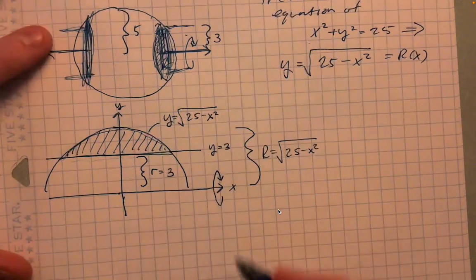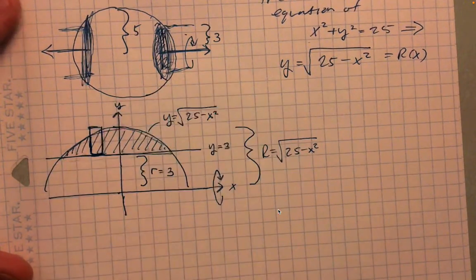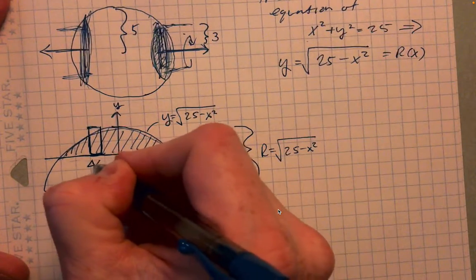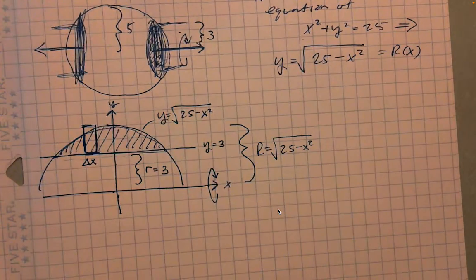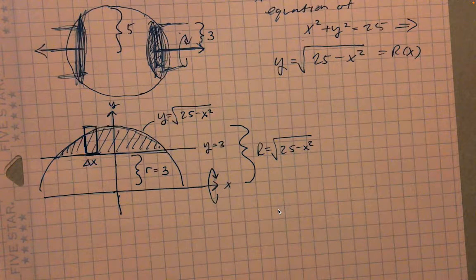Our representative rectangles are going to be set up like this, right? So you'll have your delta x here. All right, again, perpendicular to the x-axis, the axis of rotation. So what are the limits of the integral going to be? How do we figure that out? Well,